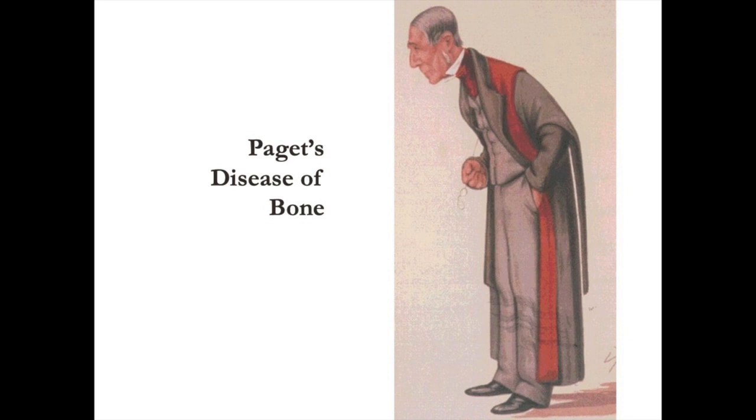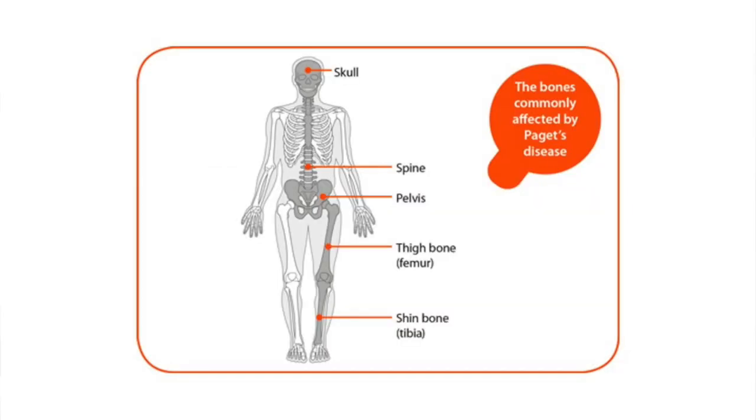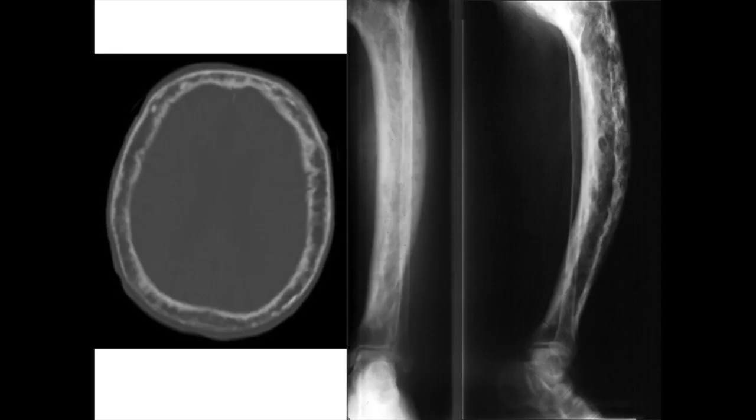Here we have Sir James Paget in the gown of a Fellow of the Royal College of Surgeons of England, discoverer of this and various other diseases. Paget's disease, a thickening of the bony trabeculae, most commonly affects the skull, the pelvis, the spine, and the leg bones. There may be a characteristic curvature or bowing of the tibia, and the skull becomes larger, thereby increasing the